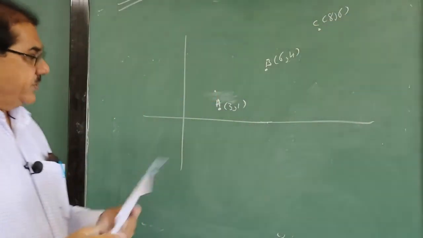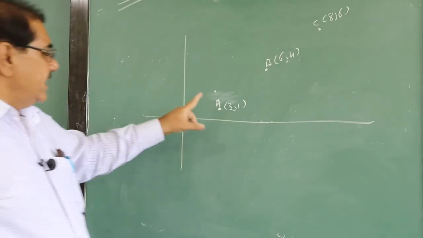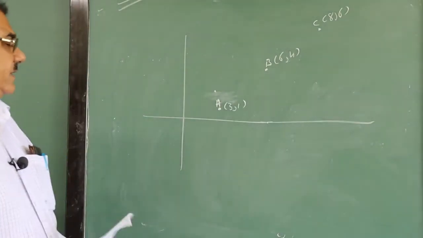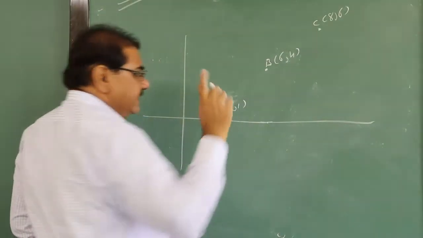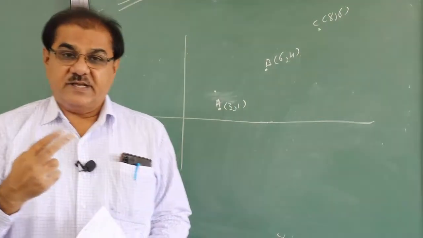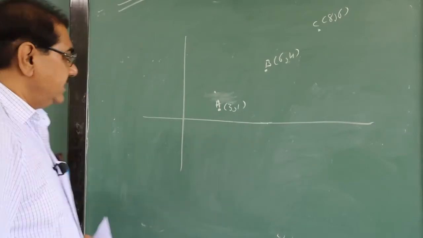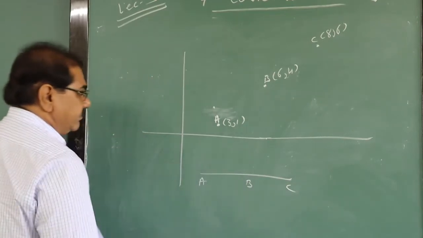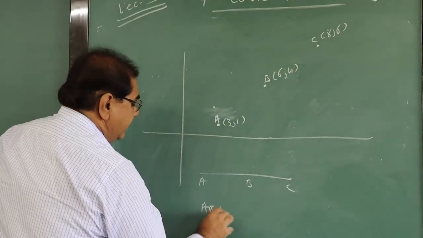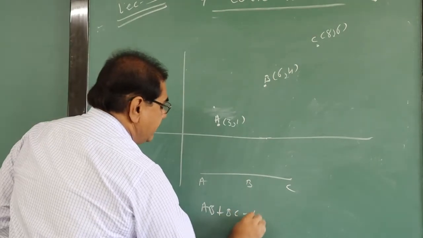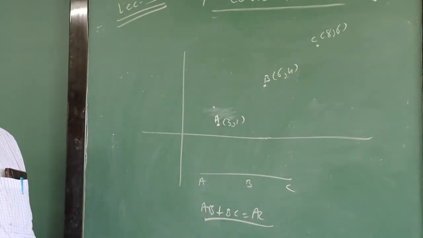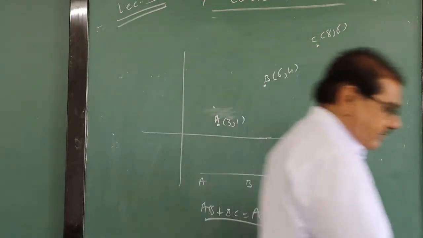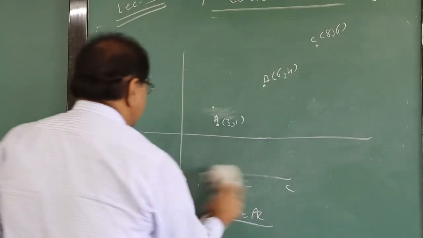Now you have to give me the answer. In the class, are these three girls in the same line? In the triangle we studied that the sum of two sides is always more than the third side. But for lines, suppose they are forming the same line A, B, C. Then you can prove AB plus BC should be equal to AC. Then they are in the same line. So you want to prove AB plus BC is equal to AC. Ultimately, what we want to find out is all three sides, AB, BC and AC.